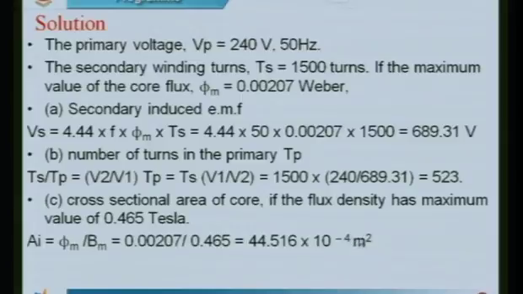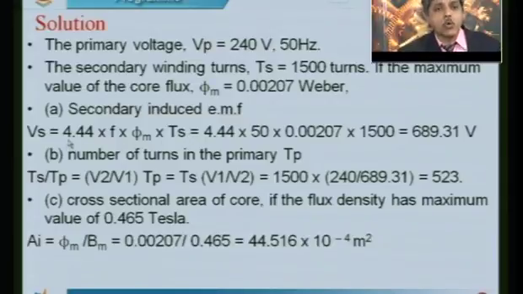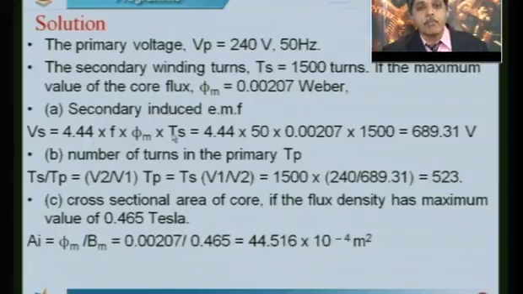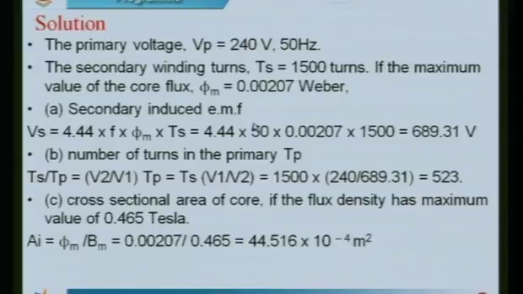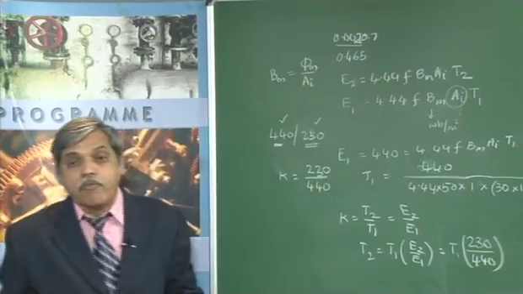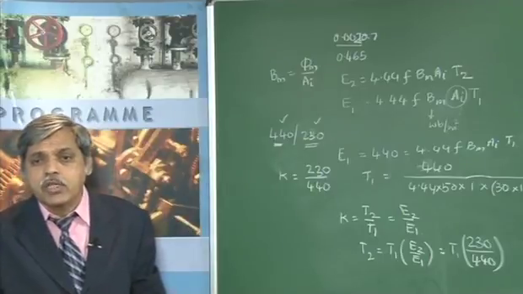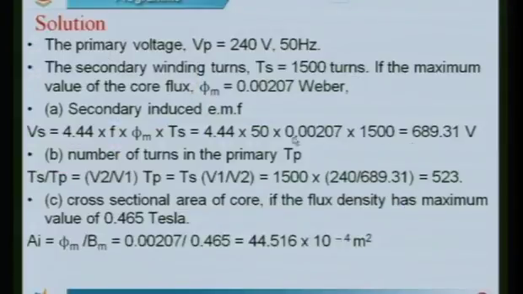Okay, 10 to the power of minus 4 meter square or 44.516 centimeter square, right. So next, coming to the secondary voltage, I will be using this induced EMF voltage equation for the secondary, that is 4.44 f phi m Ts. Ts stands for the secondary number of turns. Therefore, by substituting the values given here, I am not considering the area because the flux value is directly given, so I can also use the product of Bm into Ai in these equations as the phi m value. I use the phi m value in these expressions to calculate the induced voltage in the secondary